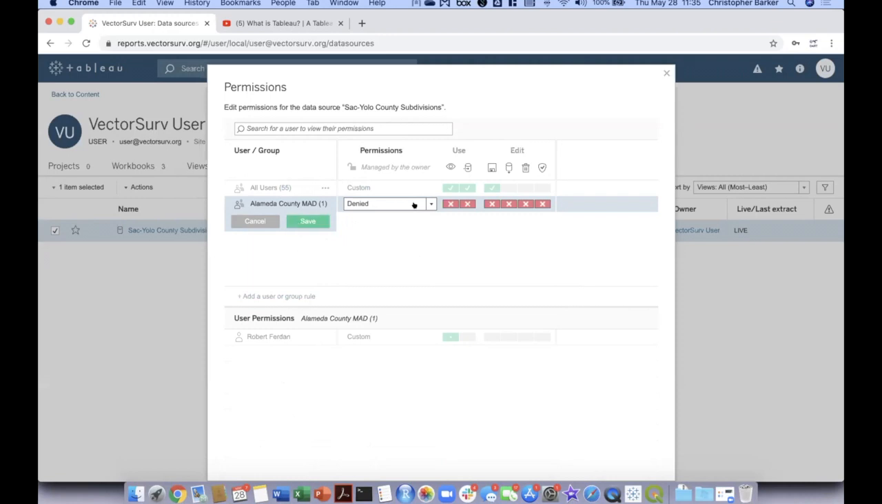Once you click save, let me not do that to Alameda, our friends. Click save, and that would give them view only access in that case, where they could see it, but they couldn't really use it for their own purposes. All right,